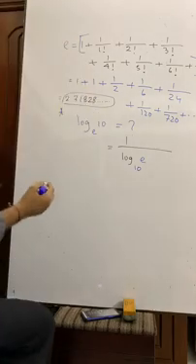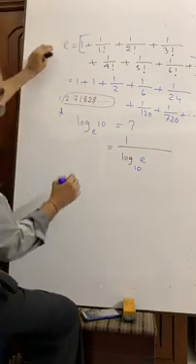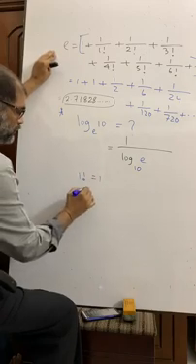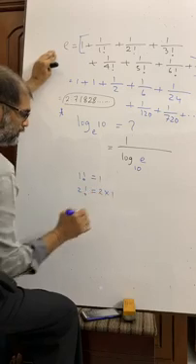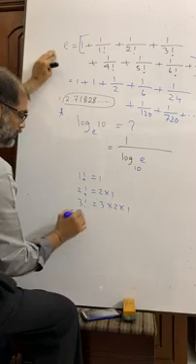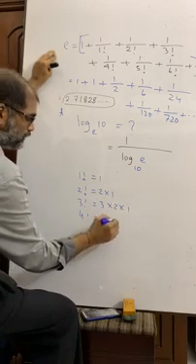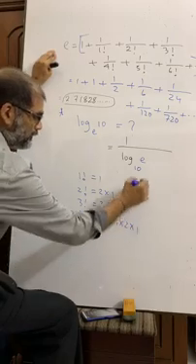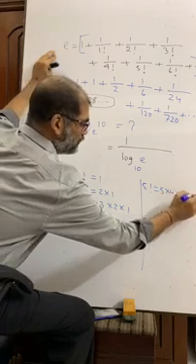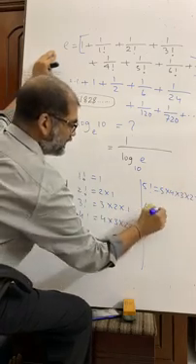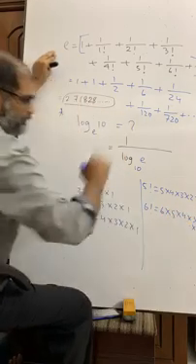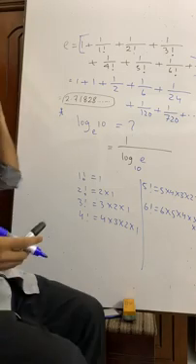And now, what is 1 factorial? You write down what is 1 factorial. 1 factorial equals to 1, you write down. 2 factorial equals to 2 into 1. 3 factorial equals to 3 into 2 into 1. 4 factorial, 4 into 3 into 2 into 1. 5 factorial, 5 into 4 into 3 into 2 into 1. 6 factorial, 6 into 5 into 4 into 3 into 2 into 1. Okay? I think I've got it.